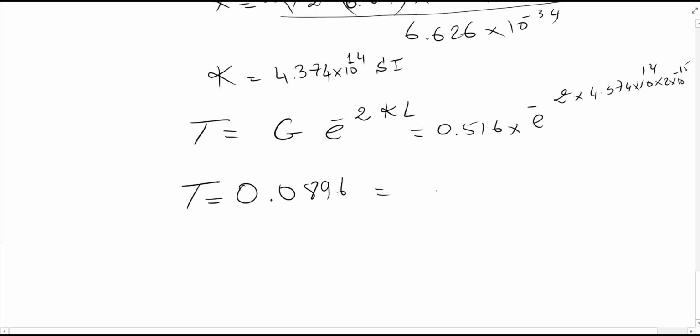0.0896, or basically 8.96%. So this is how much probability that this particle will make it across to the other end, having 29 mega electron volt, 1 mega electron volt short of the gap, to make this decay. Okay, it needs 30 to actually make it easily, but that's another issue. Anyway,